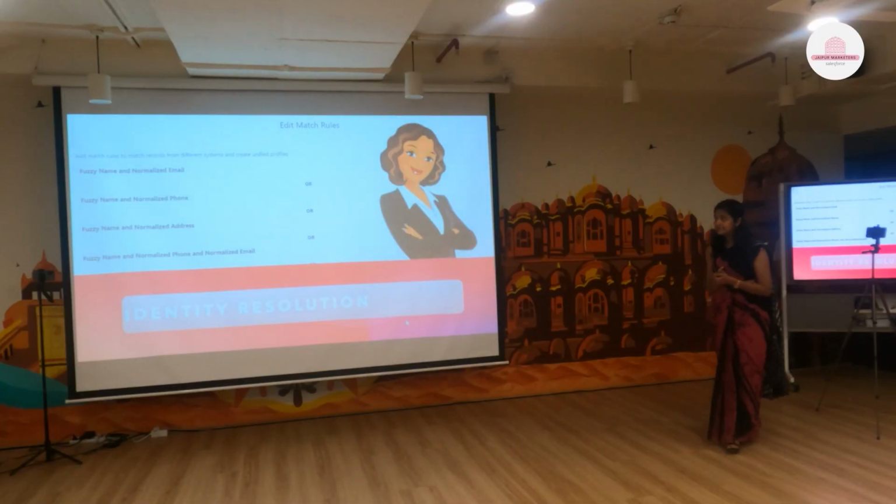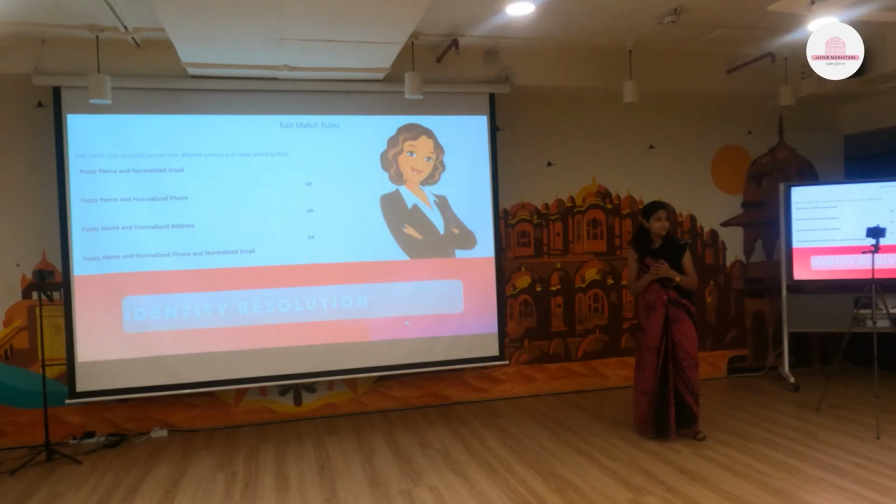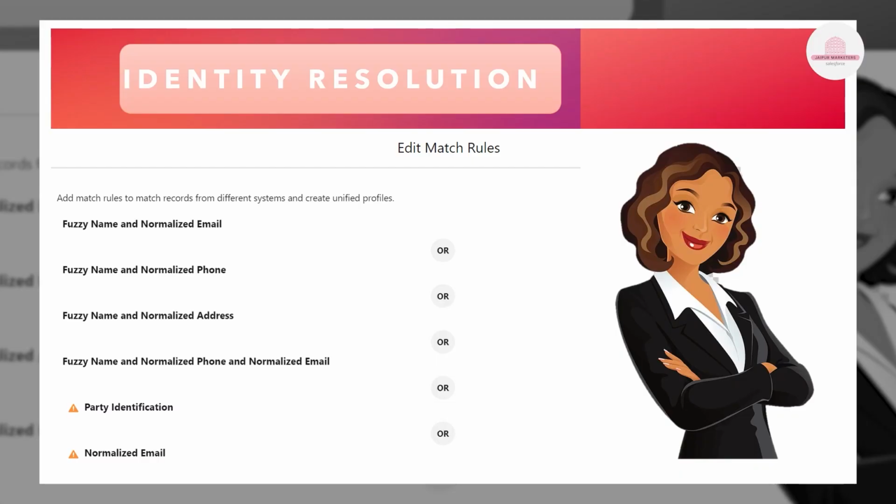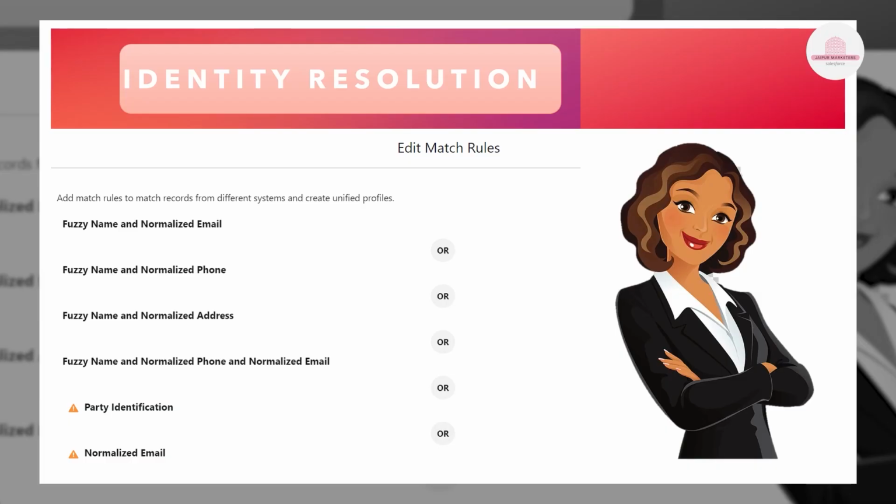Coming on to identity resolution rules, or we call matching rules. After deeply analyzing the data of a customer like Jaren, we can write up these rules inside Data Cloud. So for example, if there is a fuzzy name and if there is a match on email address, it will merge the profile of Jaren across systems, right? If there is a fuzzy name of a customer and if there is a match on phone number, you can merge the profile and so on. So it will go on like this.